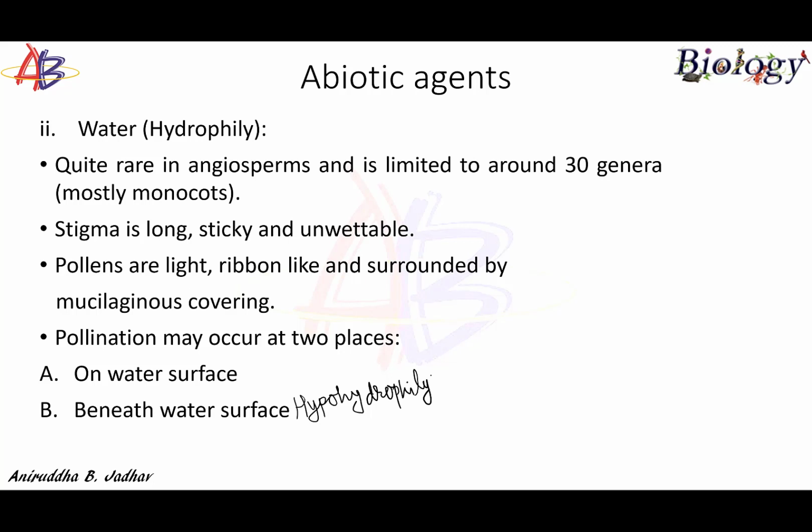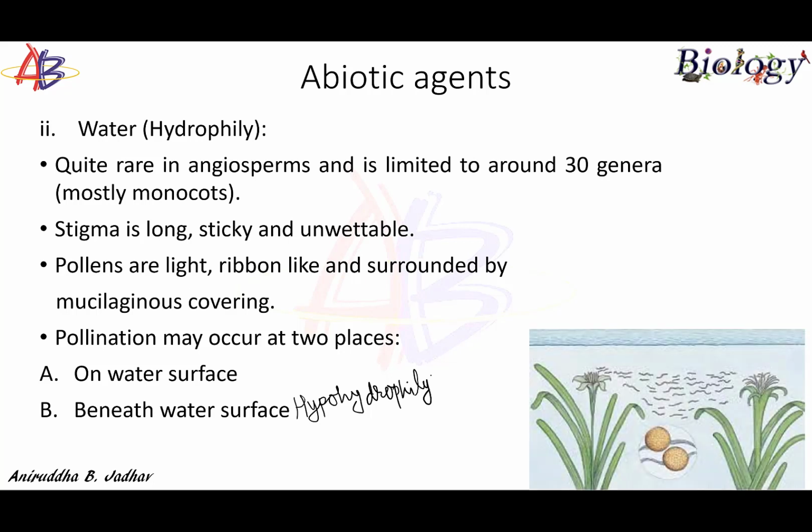Right? So in hypohydrophilous plants, the pollination process, or transfer of pollen grain, will take place below the water surface. As you can observe in this diagram, this is a male flower having staminate flowers and producing pollen grains. These pollen grains, as I mentioned, are ribbon like, right? So they are passively transported along with the water current to the female plant, and the female plant bears pistillate